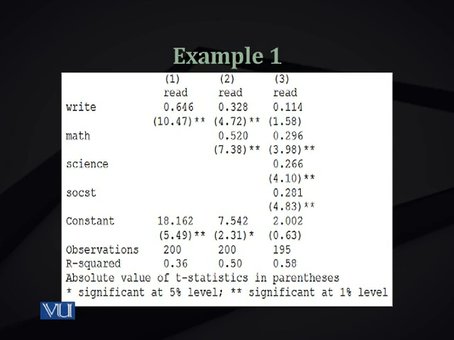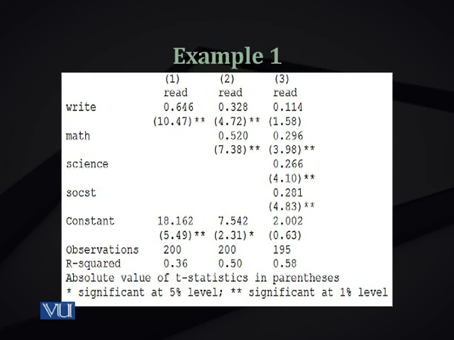In the third model, you see that all the cells are filled. So you have values in front of right, math, science, social studies, and the value of the constant. This means that this was a regression where read, which is basically the reading score, was run on right, math, science, and social studies with a constant. You may think that the value of the constant is always displayed, but this is not true. You may run regressions without a constant. So sometimes the box where the constant's value is shown may also be empty.